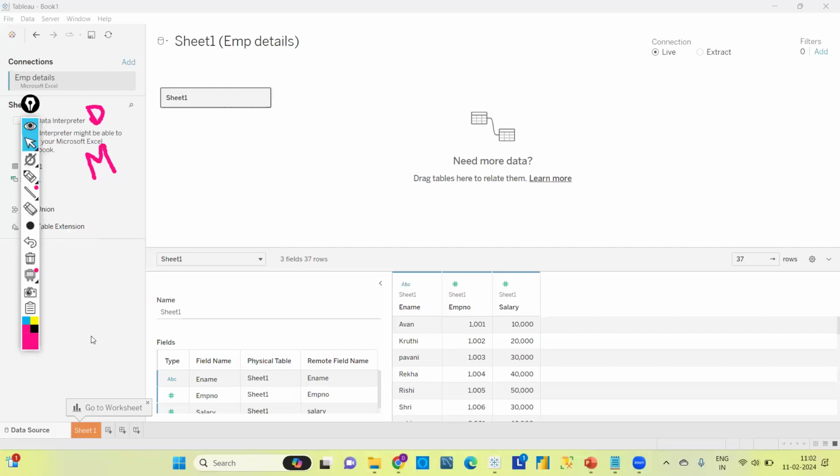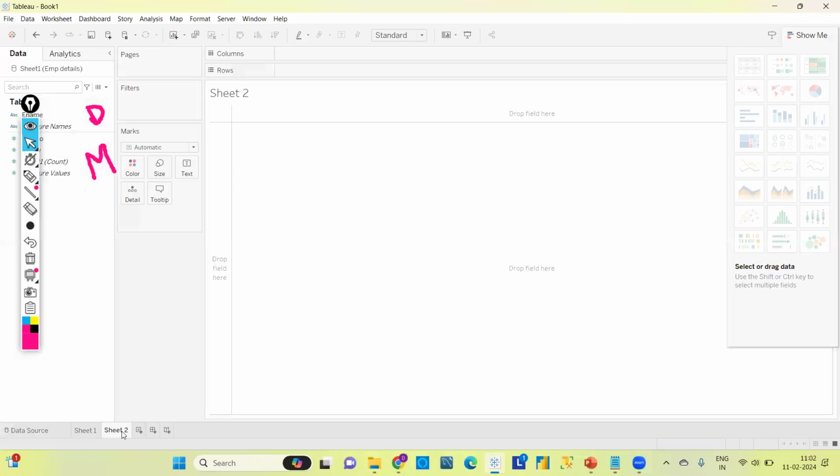To create graphs, we need to click on sheets. And one more thing: in Tableau, each sheet is one visual. So if you want to have 5 graphs, you need to create 5 sheets. Beside sheet 1, if you click here, sheet 2 will open; if we click here, sheet 3 will open.